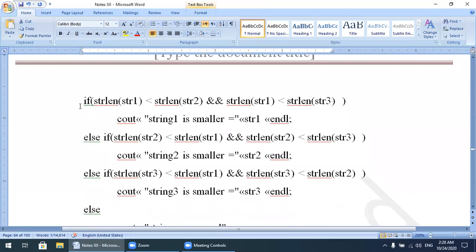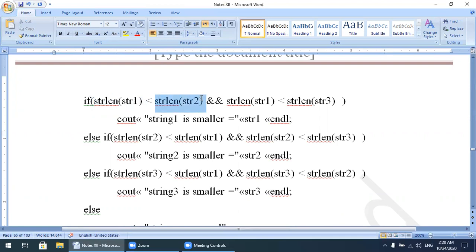Now the if statement: if strlen of str1 is less than strlen of str2. It is simply like this: if n1 is less than n2 and n1 is less than n3, then obviously n1 will be the lesser. So watch here. The string length of str1 is 5 characters, and string 2 has a length of 3 characters.